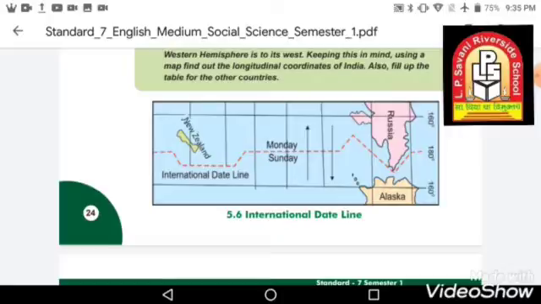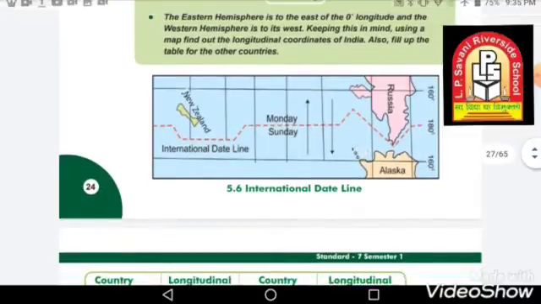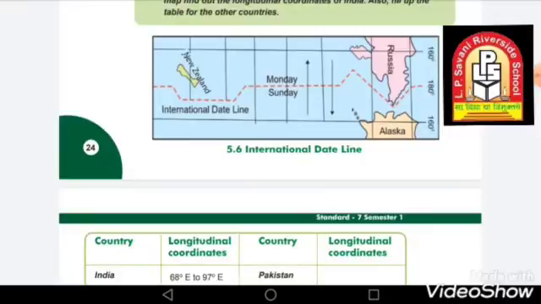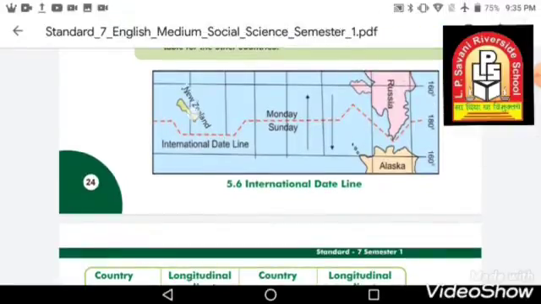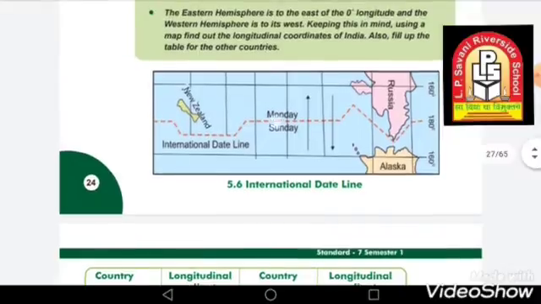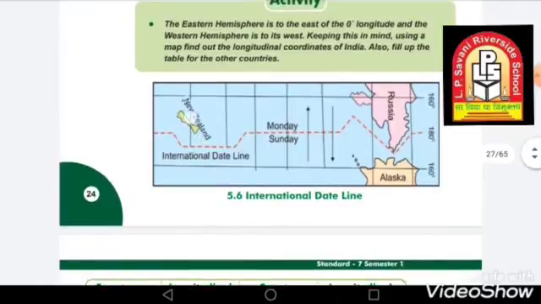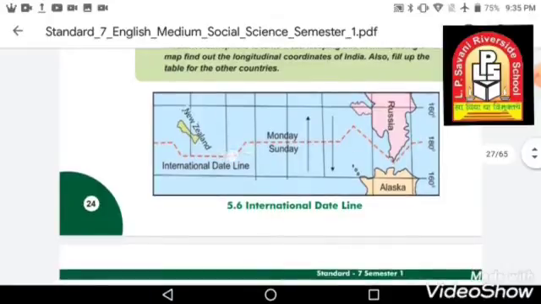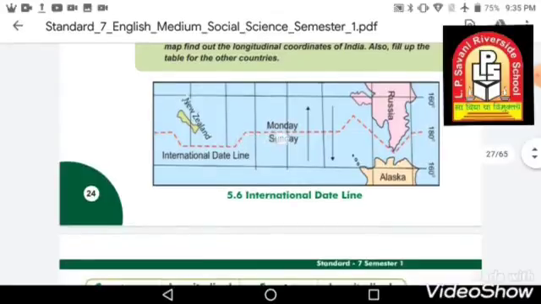So what did they do? They skipped this portion of Russia, and they made the line over here so that Russia's local time, or the standard time, would remain the same, and the same was done for New Zealand. If this were a straight line, it would be crossing New Zealand. So they skipped that particular island, and then they made a line like this. Because we had to skip the islands, that line was made a zigzag line.